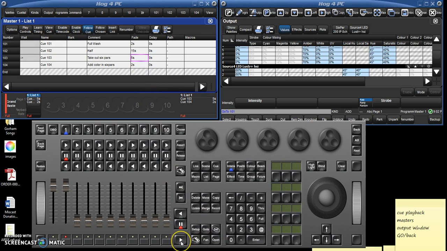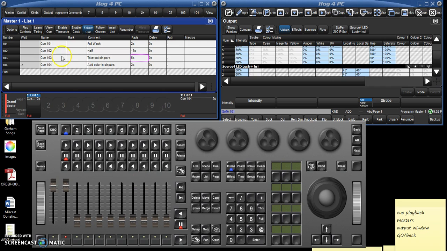And then again we can hit go, and then 2 seconds, and you can see the colors. We just saw them. Let me do that again. Here we go, adding the color, and we can see the colors rotating through into the next color, and there we go. So that is how to actually run the cues of your show